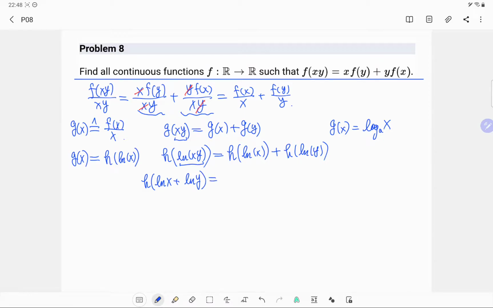And on the right side, we have h of natural log of x plus h of natural log of y. So if we let natural log of x be s, and natural log of y be t, we have h of s plus t equals h of s plus h of t,